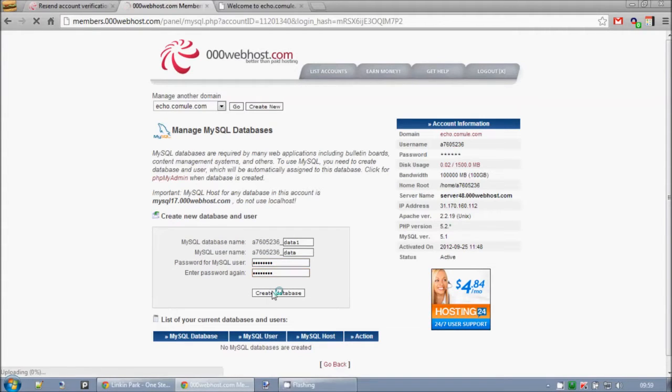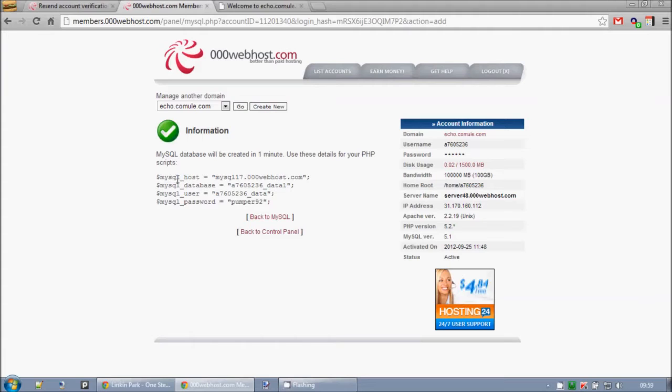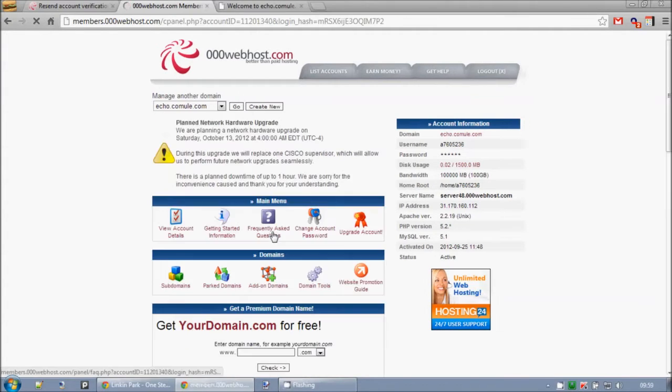So we're going to go create database, and have all the details here. If you're doing PHP, you could copy this script into a connect, and it will work fine. I recommend using a define instead of the MySQL underscore host, but different people do different things. So once done, we want to go back to the control panel. It may take up to a minute for the